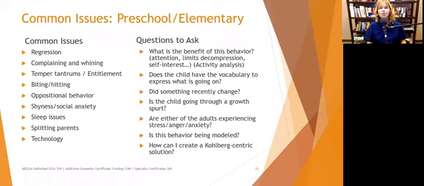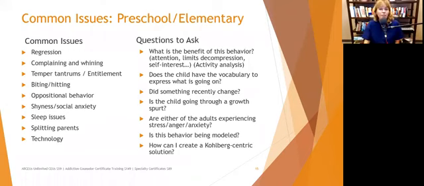Are either of the adults experiencing stress, anger, or anxiety? Well, adults, even though we don't mean to and we think we hide it really well, we don't. Children are extraordinarily perceptive, and when the adults in the household are experiencing some sort of dysphoria, the children pick up on it. And since they can't really identify what's going on, they don't know why they're unhappy, they don't know why they're stressed, but they know they are, they may start acting out.